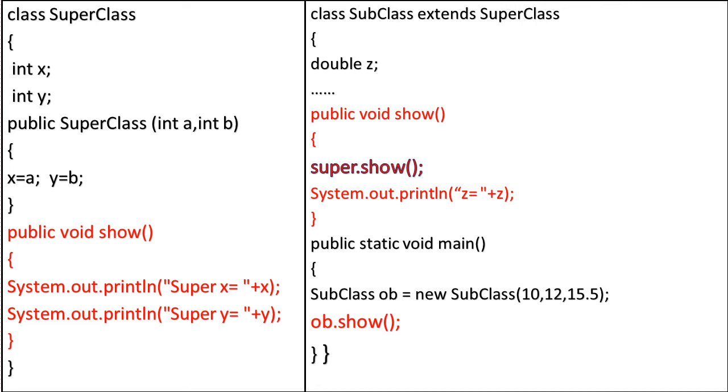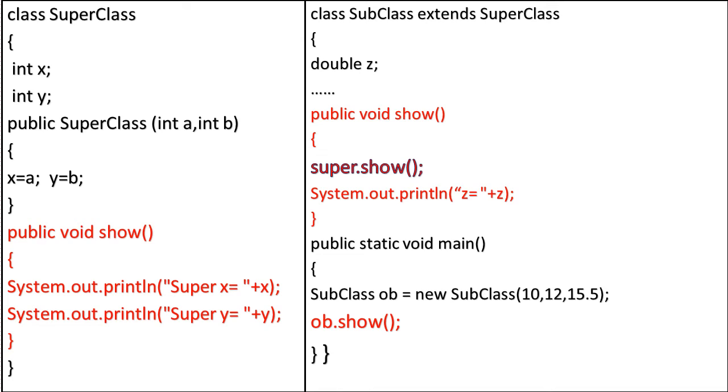One thing I want to tell you here, that inside main method, inside any static method, we will never use super and this keyword. Super and this keywords are associated with instance only. So we cannot access them inside static method. So inside main method, super is not allowed. So we will write this statement super.show only inside the function show.